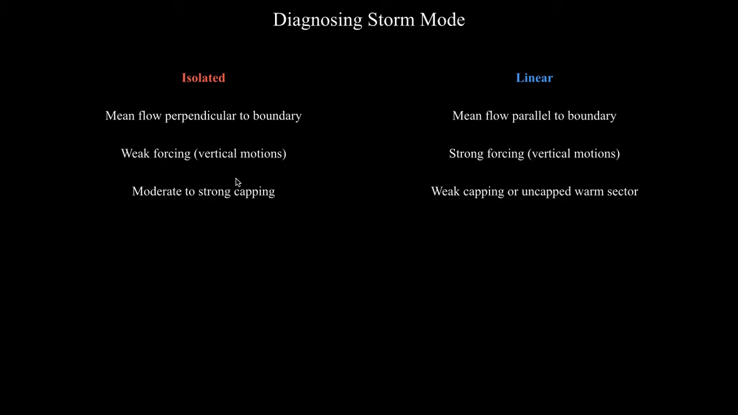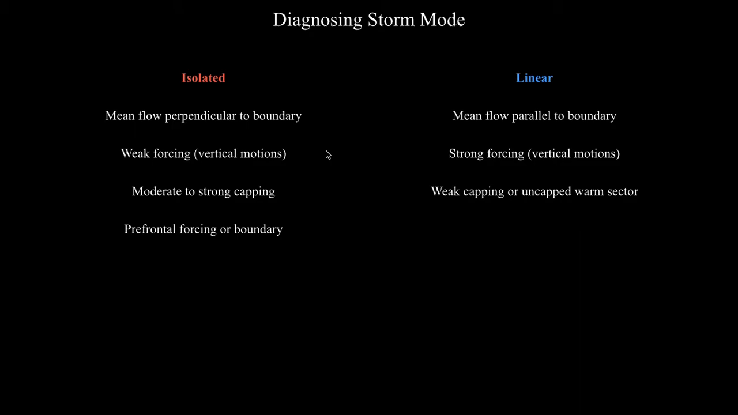So to get a tornado outbreak or a large family of supercells, there's this really delicate balance that you have to achieve. You want vertical motions, but you don't want too much vertical motion. And you also want cap, but you don't want too much cap or maybe even too little cap to achieve a nice tornado event. And another thing that can help with creating isolated thunderstorms is